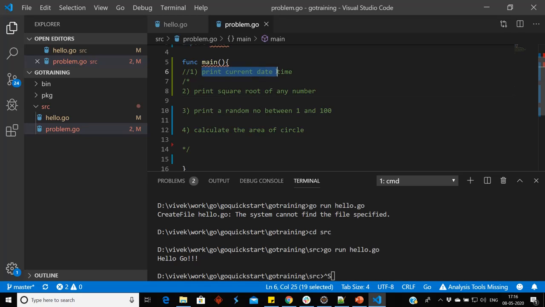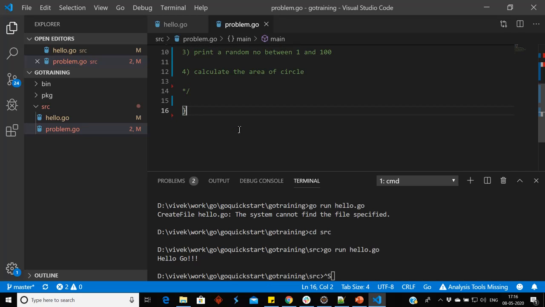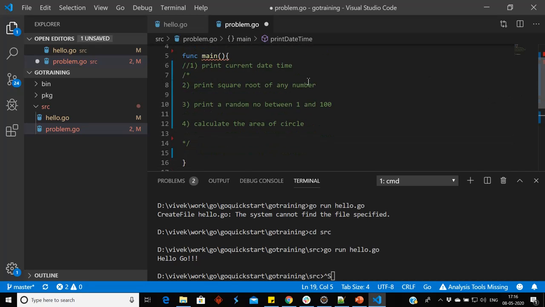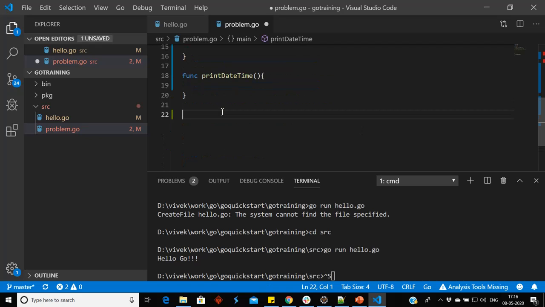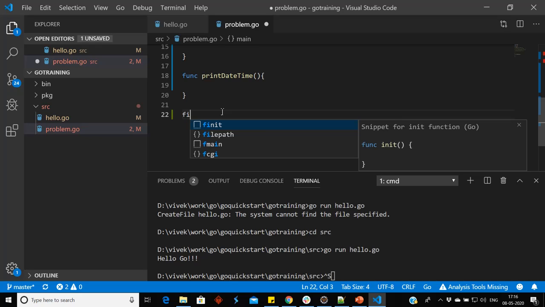First problem is to print the current date and time. So we will write a function which will print the current date and time. What is the second problem? Print the square root of any number. So we will write a function for that.